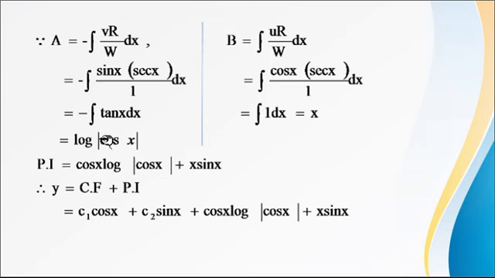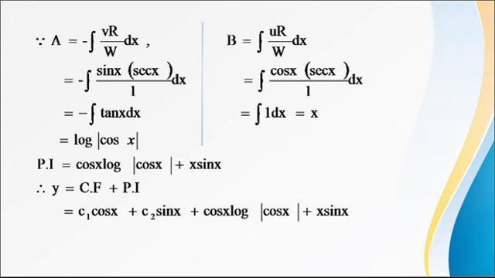So similarly find b. So b equal to integral ur by w into dx. So u value, u equal to cos x, r value is sec x upon 1. So product of these two is 1. Integral 1 dx means x. So therefore PI equal to generally a u plus b v. So u value is cos, v value is sin. So b value already you calculated, a value simply you have to substitute those values. Therefore general solution is y equal to CF plus PI.